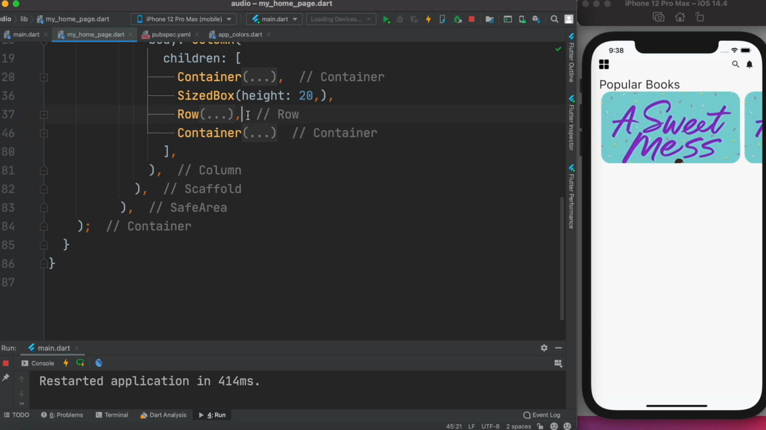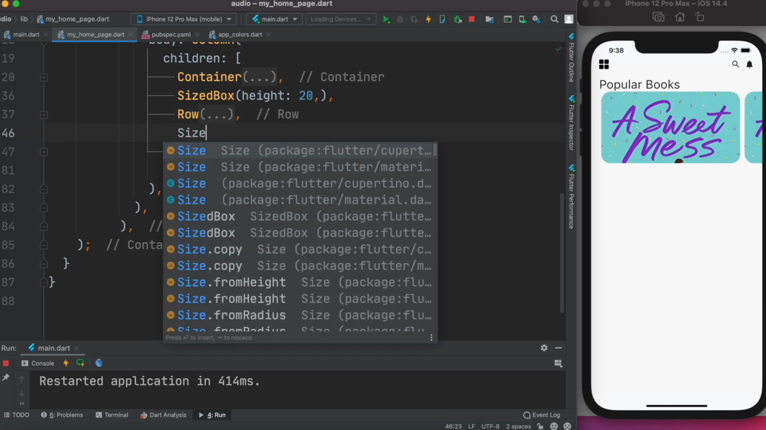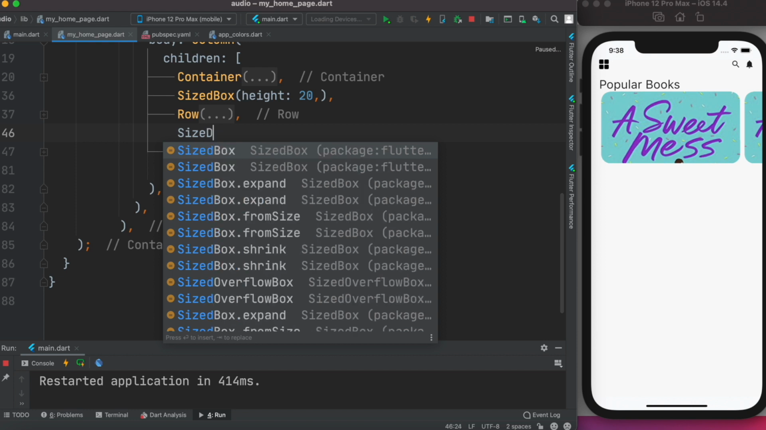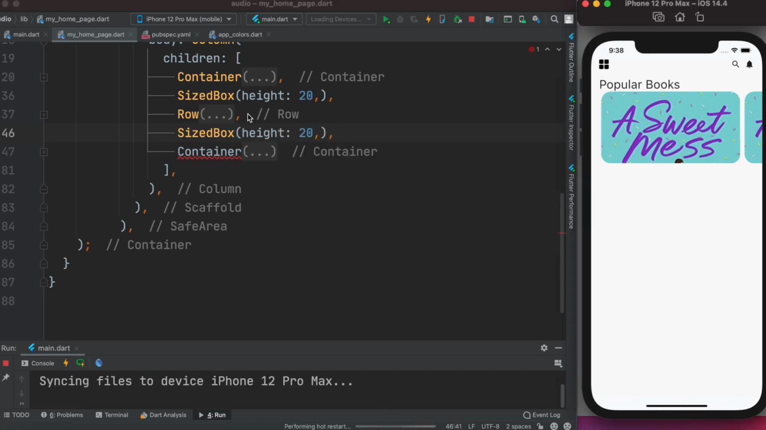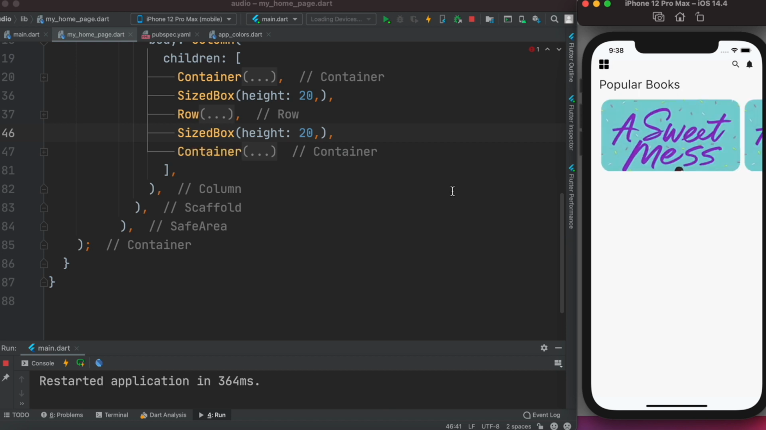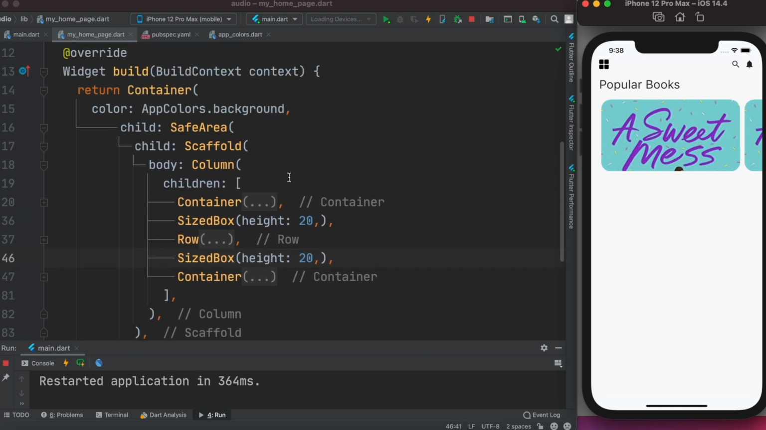So right at the top of this, we could do SizedBox again, and similarly we'll apply height 20 and save it. Okay, which looks much better. All right. The next thing we want to do is change this image, and to change this image, actually